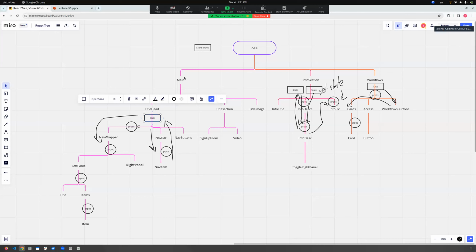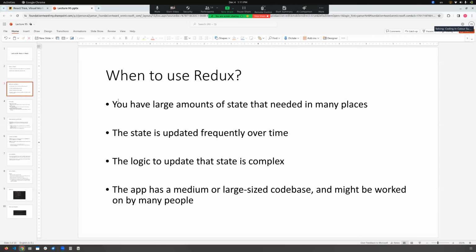In this example, as you can see, also from your previous experience in coding in React, you can maybe understand how complex this would go when you just pass the state through props only. So when you have large amounts of state, and also when the state is updated frequently over time,